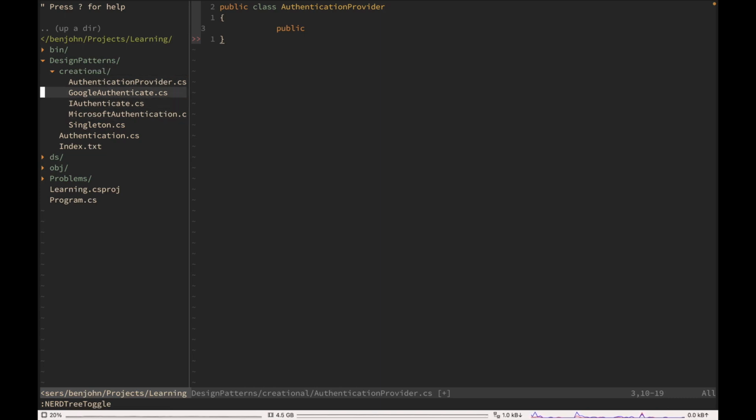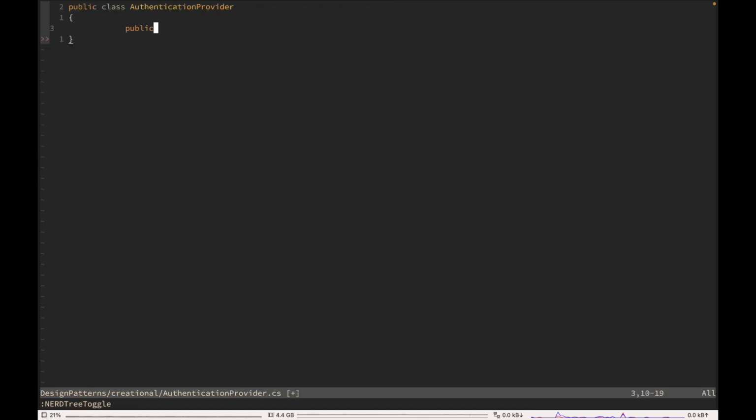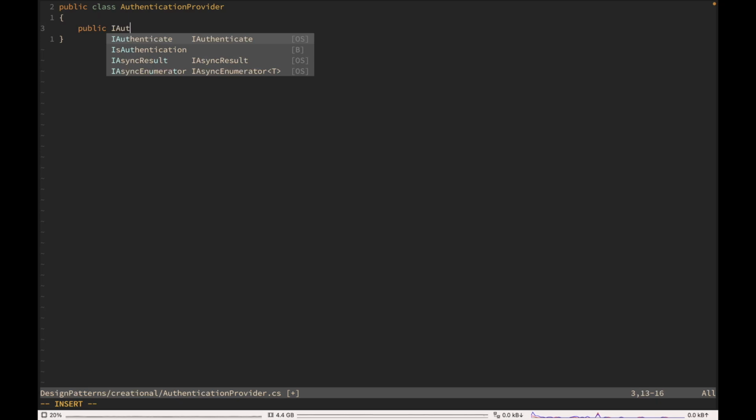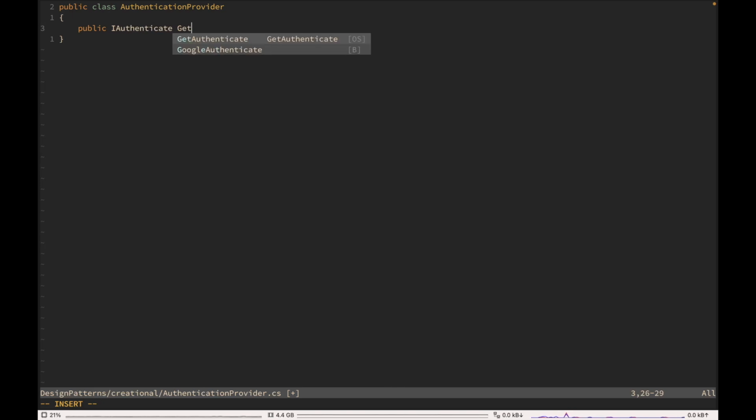Which means the Google authentication derives from this, and even the Microsoft authentication derives from this as well. So what we can do is, we need to have a method, and that method is actually going to return a type of the authentication, which is the interface that we created. Correct. So this is the IAuthenticate interface, and let's have a function, get authentication